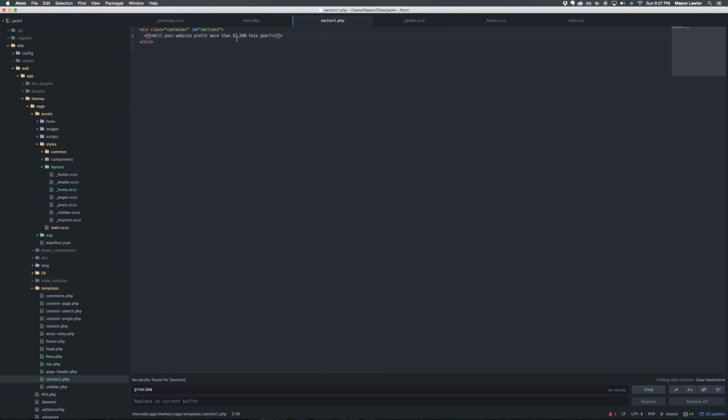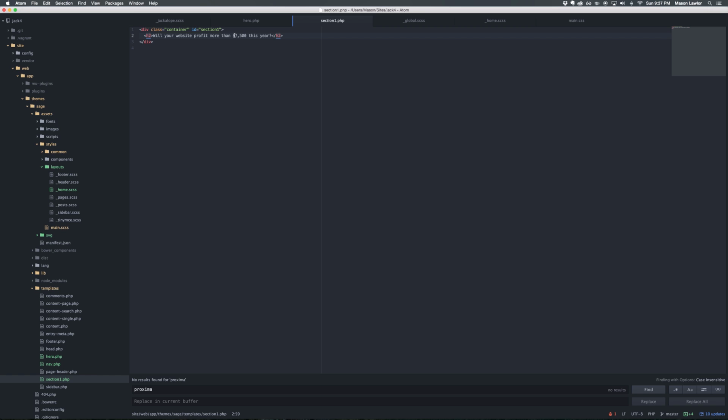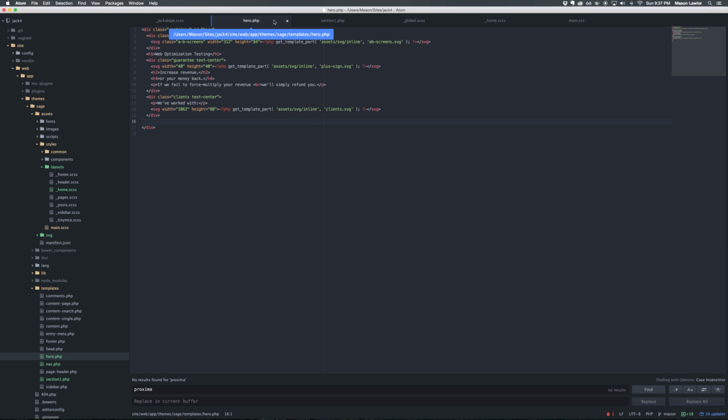And then let's cut out 7,500. Put a span there, paste it inside the span, and then we can come into here, into here,